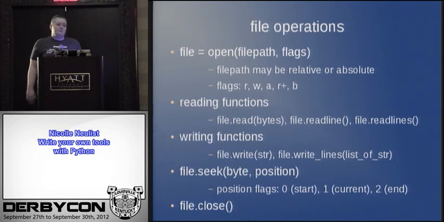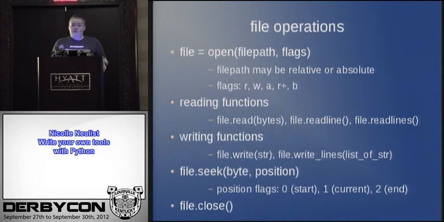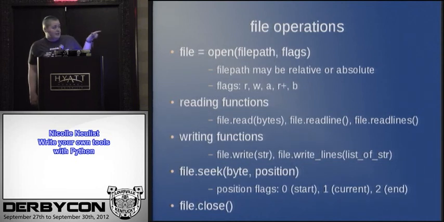The flags are kind of important. That determines what kinds of permissions you're going to have with the file that you're opening. R is for read, W is for write, A is for append. Write and append, you don't want to get those confused, because write is just going to start a new file. Whereas if you already have file text and you want to add more, you're going to want to use append. R plus is read and write permissions.